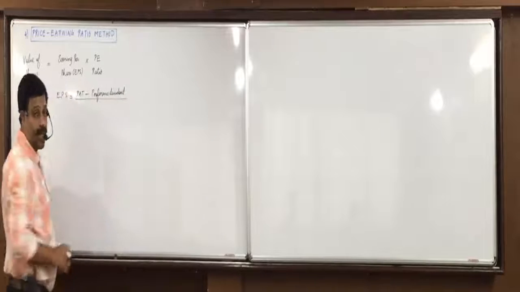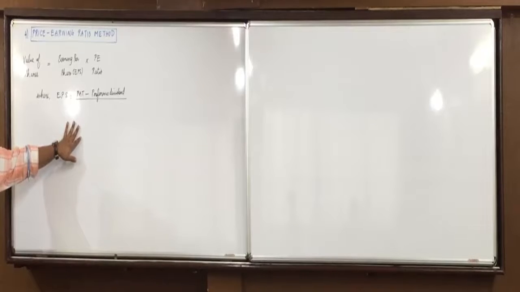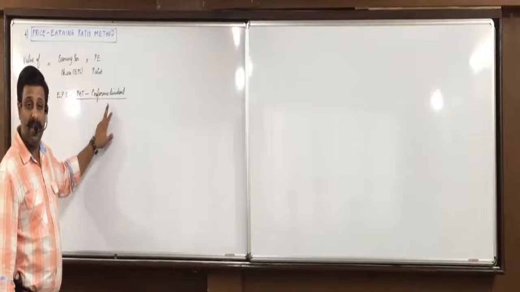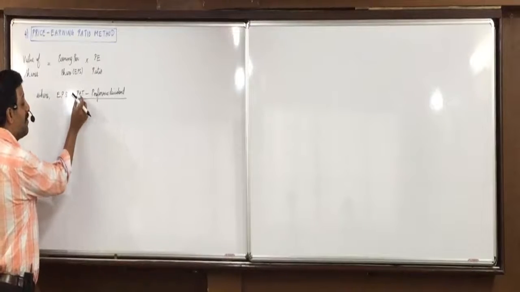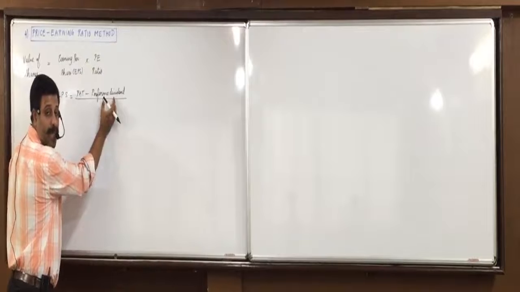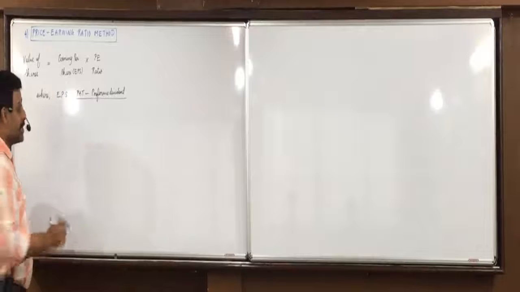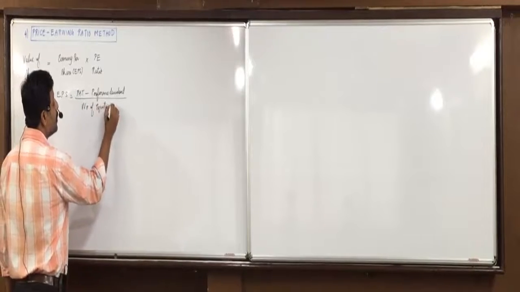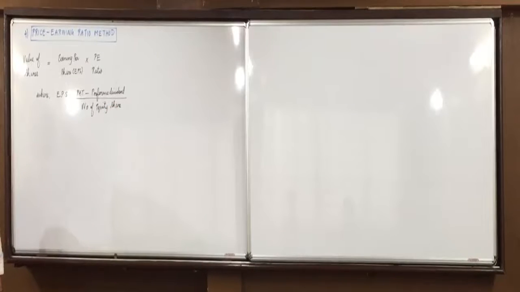Which profits or earnings will be available for equity shareholders? First we have to pay the preference dividend. Preference dividend is to be given before equity dividend. So from the profit after tax, if you deduct preference dividend, whatever amount remains is for whom? Equity shareholders. Means from profit after tax, after subtracting preference dividend, whatever earnings are remaining are available for equity shareholders, divided by number of equity shares. This will give us earning per share. Is everyone clear with this?